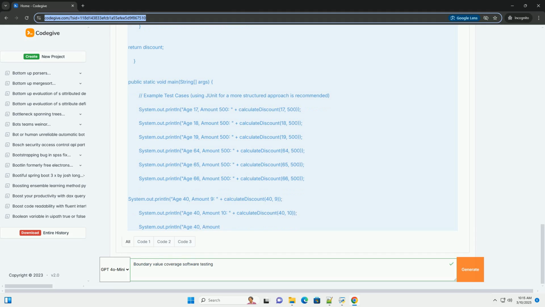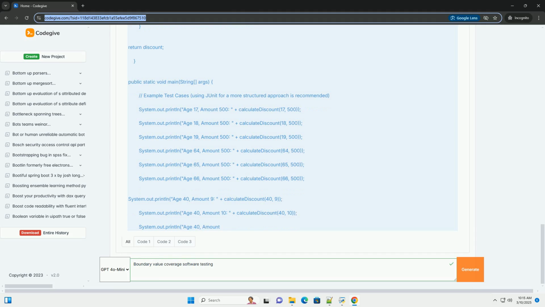11. Real-world example and case study. Scenario: consider an e-commerce website that allows users to order products. Let's focus on the quantity field for adding items to the cart. Requirements: